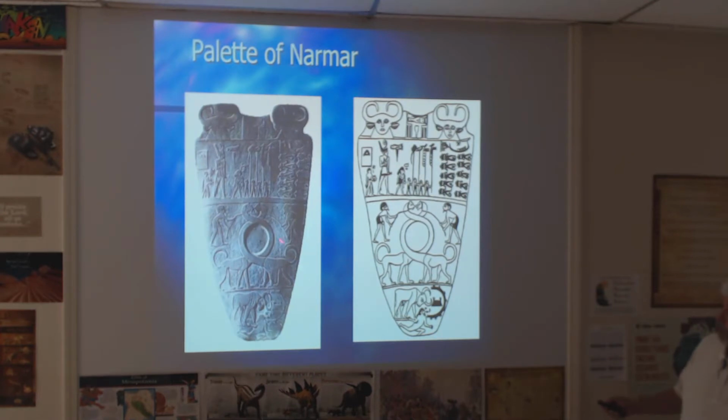This is not colorized, but drawn a little bit so you can see it here. All right, so here, you can't tell, but now he's wearing a red crown, representing Lower Egypt. And in front of him are his standard bearers, carrying his flags and banners. And what are these? What's this look like here?